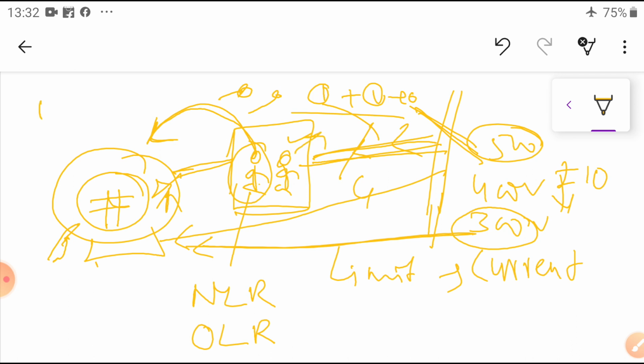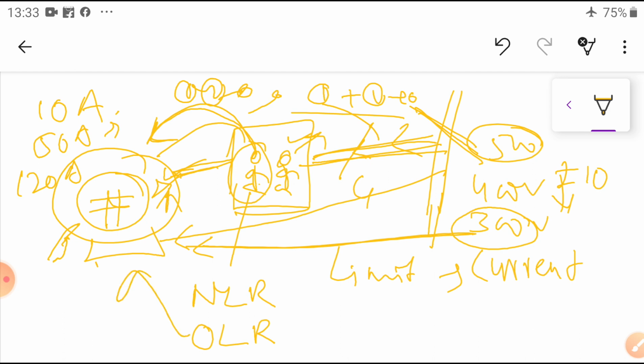So normal current is 10 amperes. Initially you take 1 plate, 2 plates, no problem, due to the heating. But when you are demanding more plates, it automatically senses this. So it is drawing, initially, 50 amperes. Nothing will happen. If the current, instead of 50 amperes, draws 120 amperes, then automatically it will trip and protect the motor from this overload. So that care is taken by the overload relay.